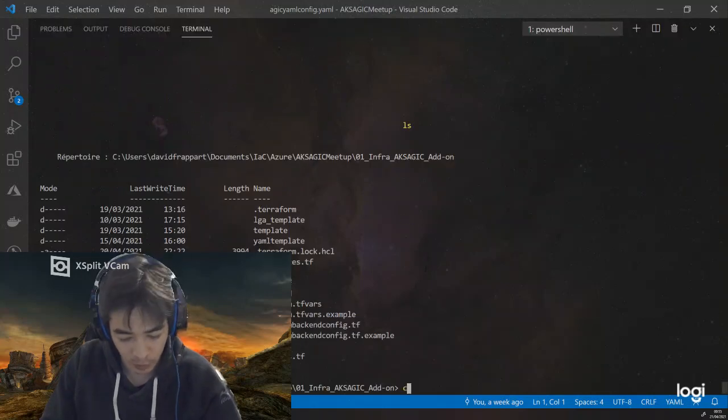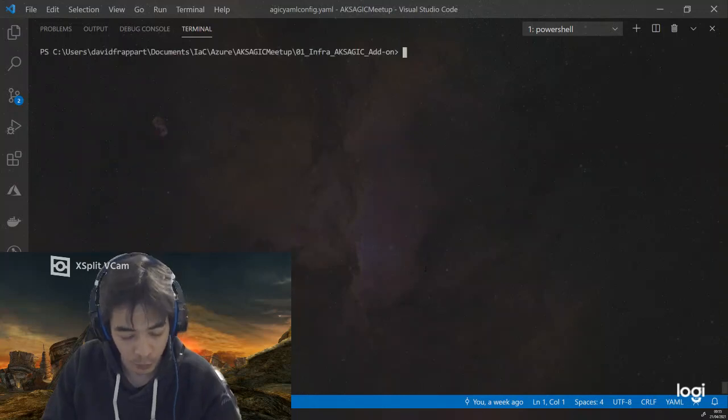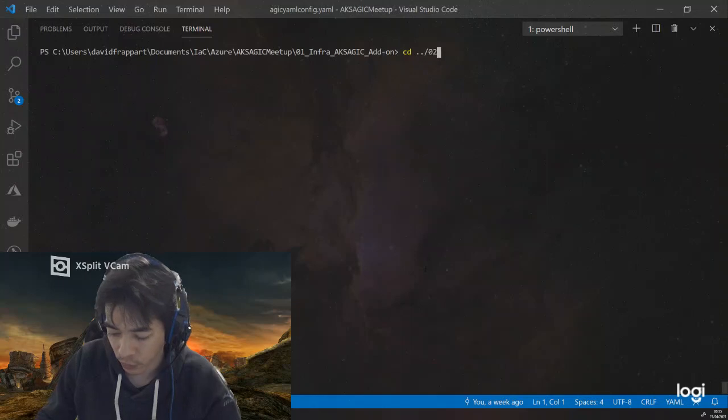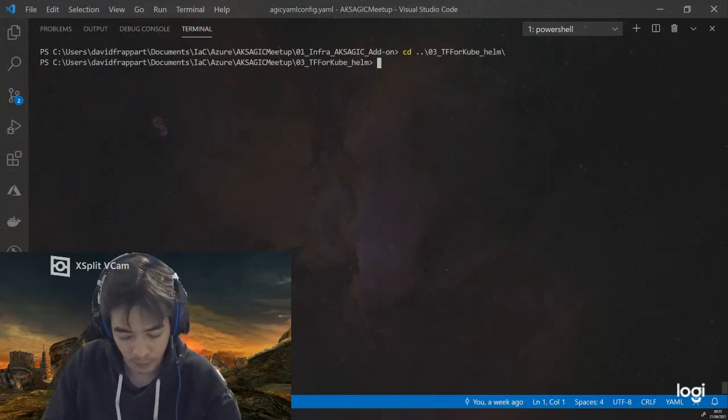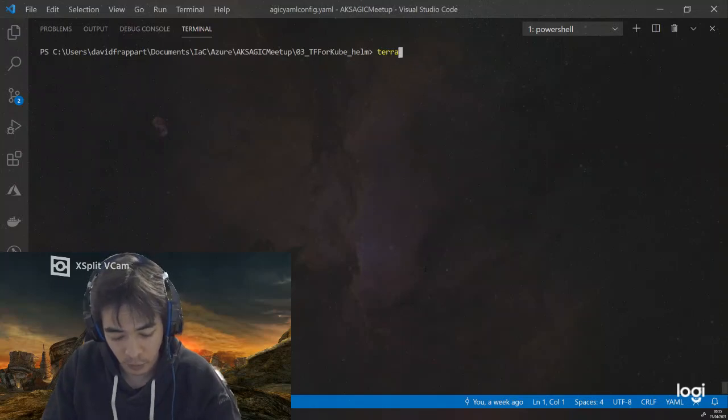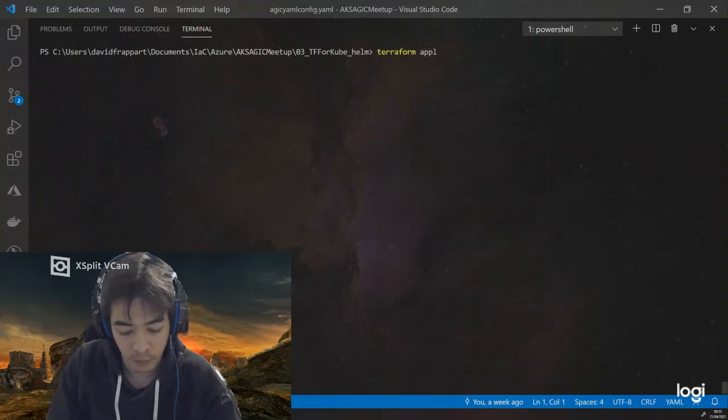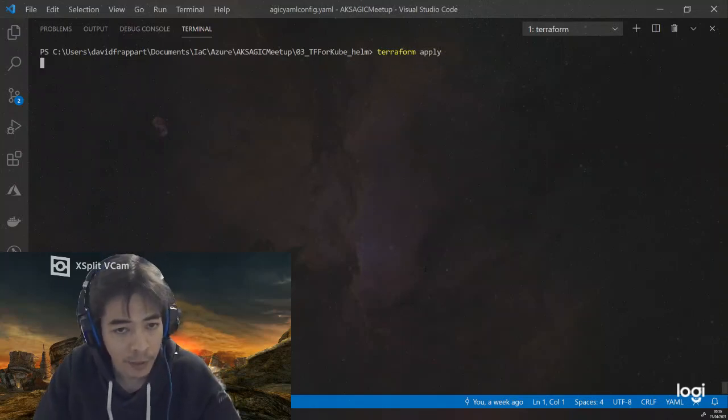No, I'm not in the appropriate folder, so let's go to the next folder. No, this is 03. And let's do terraform apply, because as for the other cluster, the cluster is already deployed.